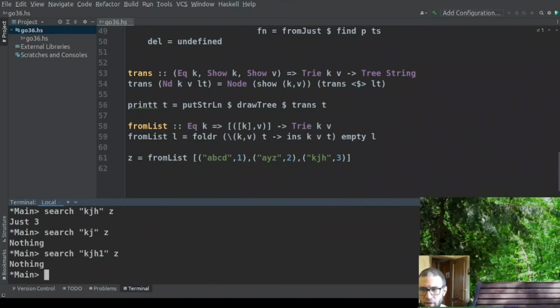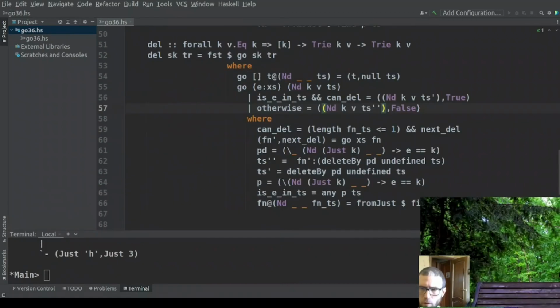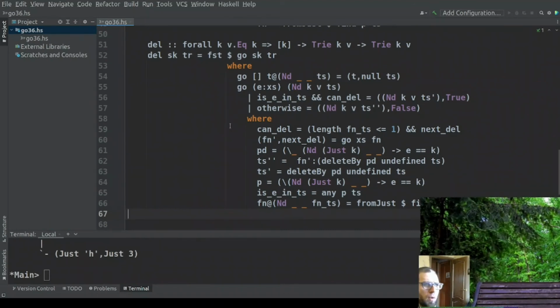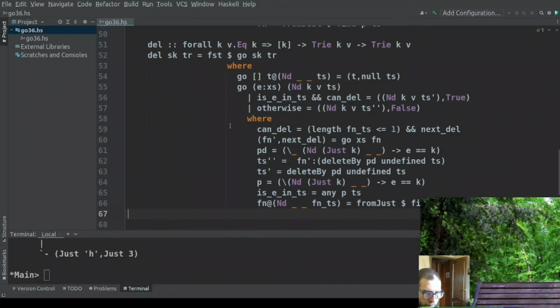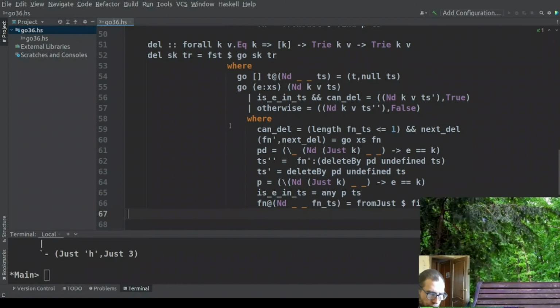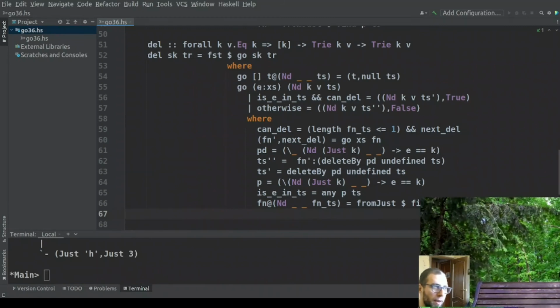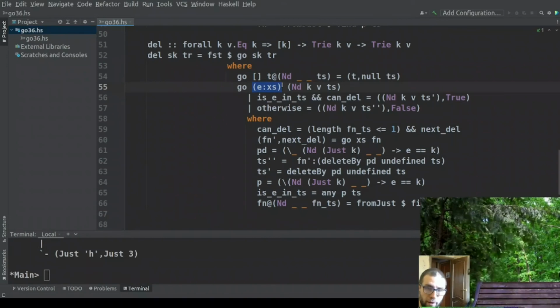Okay, and let's go to the last function, the delete function. So here they have the delete implementation, and how it works. The main idea is to use this helper function, go. So actually they can do our deletion with recursion also, but we need to provide some extra information. So at each step, as always, I do a pattern matching here of my key string,